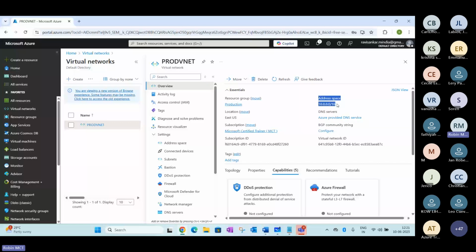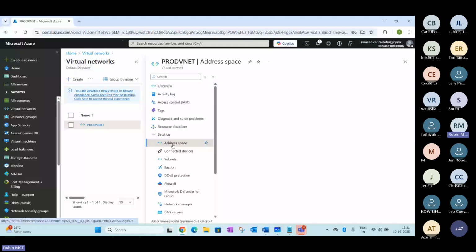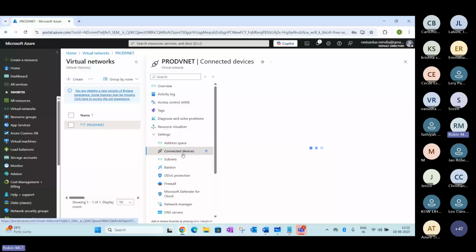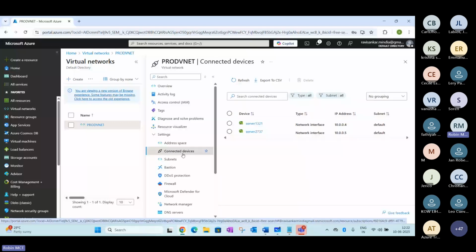I'm trying to say you have an address space available, and from there the IP address has been assigned. If you click on the address space here, you can see 65,536 IP addresses it's capable of assigning to these devices. And if you click on the connected devices, shown in the middle of the screen here, you can see what devices are currently connected here.